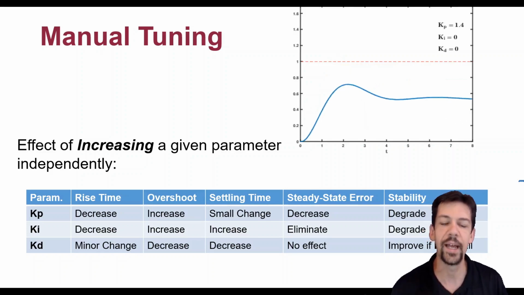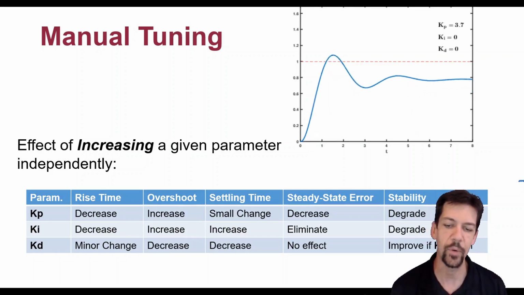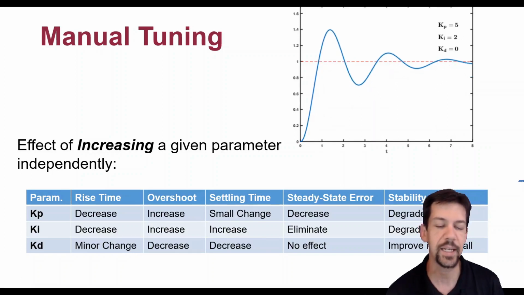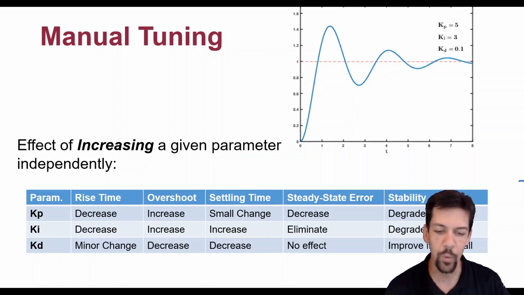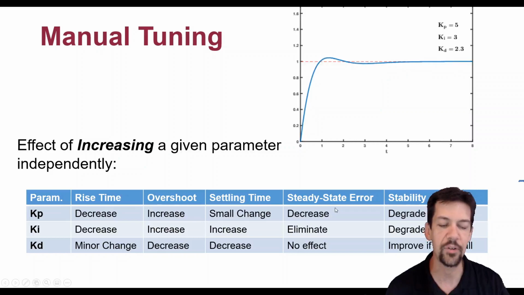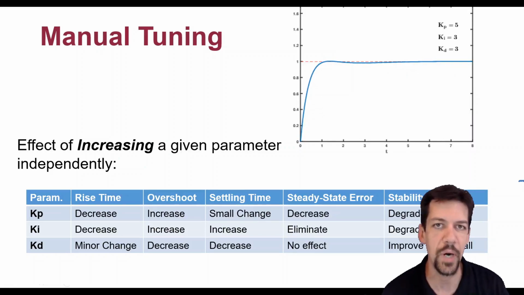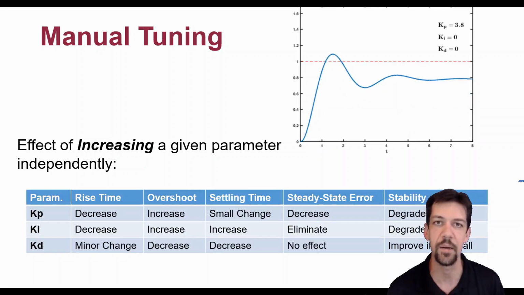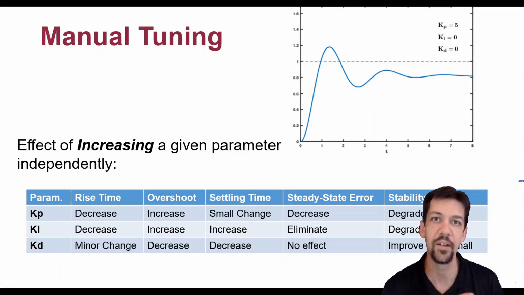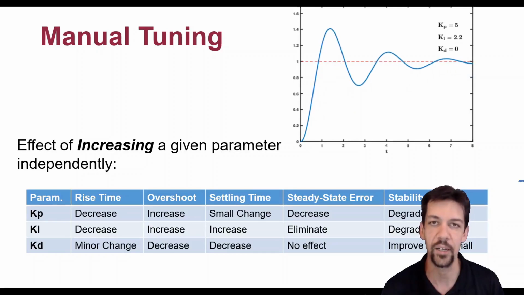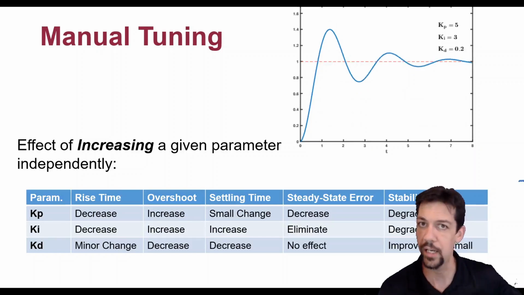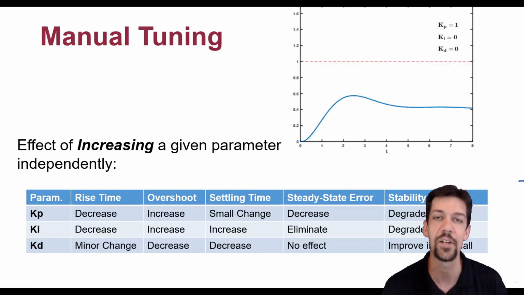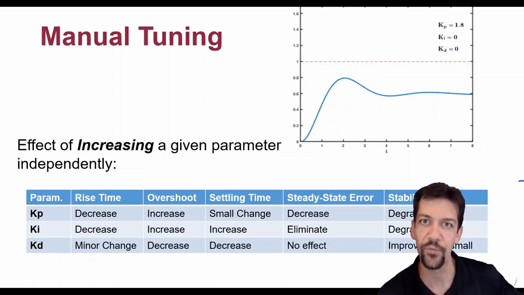So manual tuning is basically the guess and check method, and we have a little table here that you can use to guide these things. And basically, as you increase any one of these parameters, these other parameters decrease, but they don't decrease alone. So this is the problem with manual tuning, is that if you have all three of the pieces moving together at the same time, the response times and rates of each of them in turn are going to have different characteristics. So as you're tuning them, you're actually changing the responses and the contributions of the other ones over time,